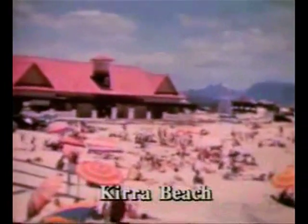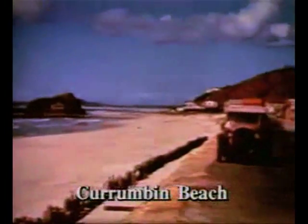Extreme conditions don't occur all the time, and it's easy to understand how early settlers built on the active dune areas when there was little to warn them of potential cyclonic erosion. Settlement in this area started in the late 1800s, and much of the foreshore land was subdivided in the early part of this century, well before the environmental impact was known, and local authority controls, as we now know them,